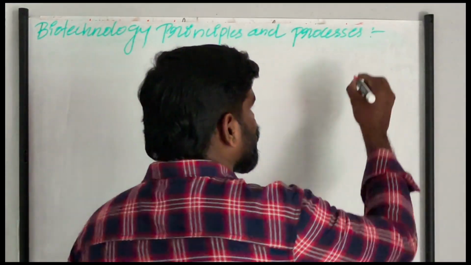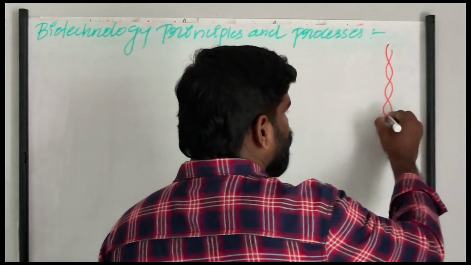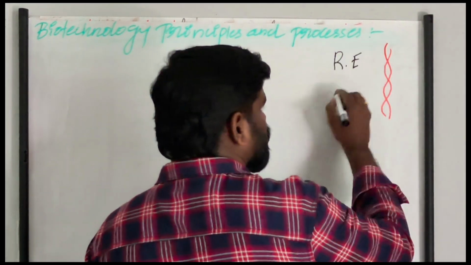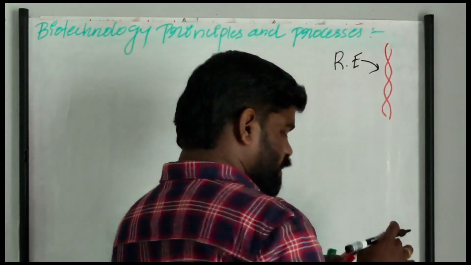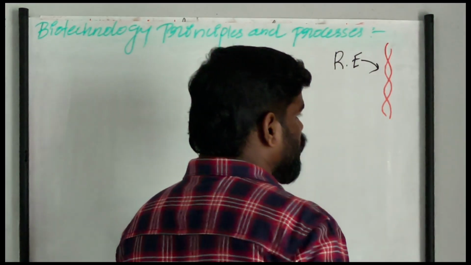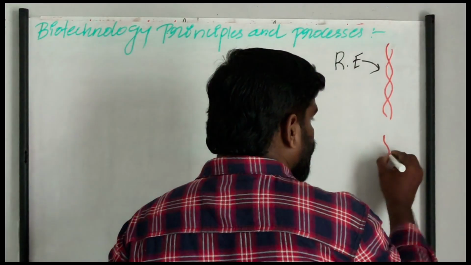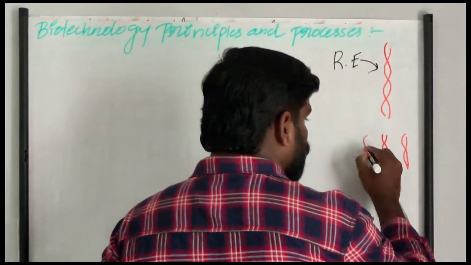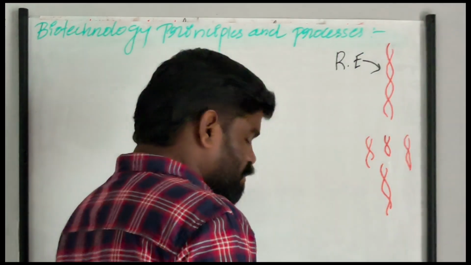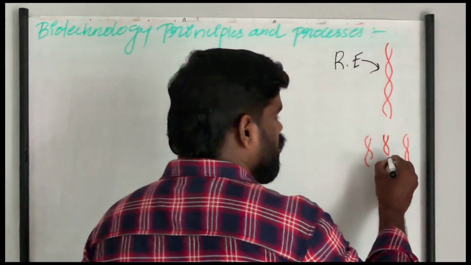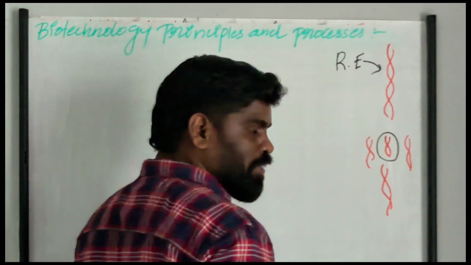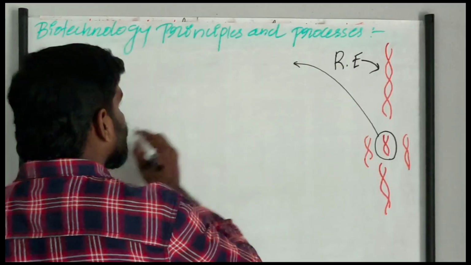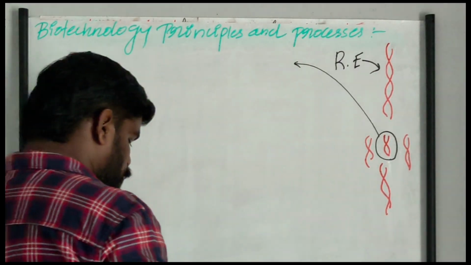Okay, so just consider this as the DNA. In this DNA, we will add restriction endonucleases. It will inspect the DNA and identify the palindromic sequences, making the DNA into small, different fragments. Now just imagine that from this we have to separate a small DNA fragment. For separating the small DNA fragment, we can use the technique that we call